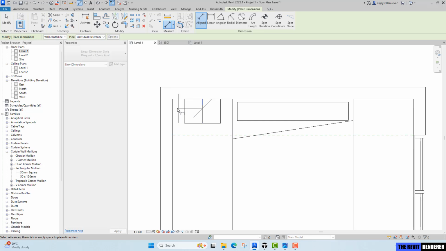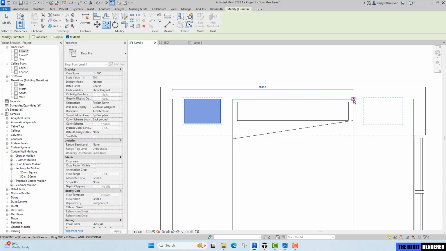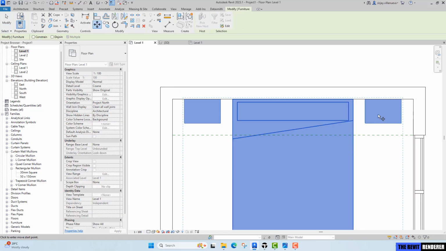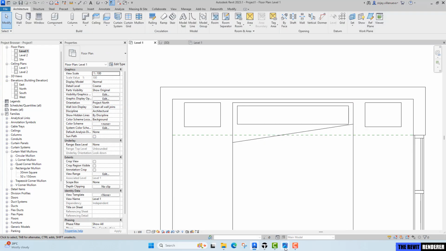Then I just want to make sure it's centered along this. Okay, that's lucky again. So it's already perfectly centered, but I just want to move it away. All three of this furniture, I'll just move it away around 60 mm away from the wall, because if you see our